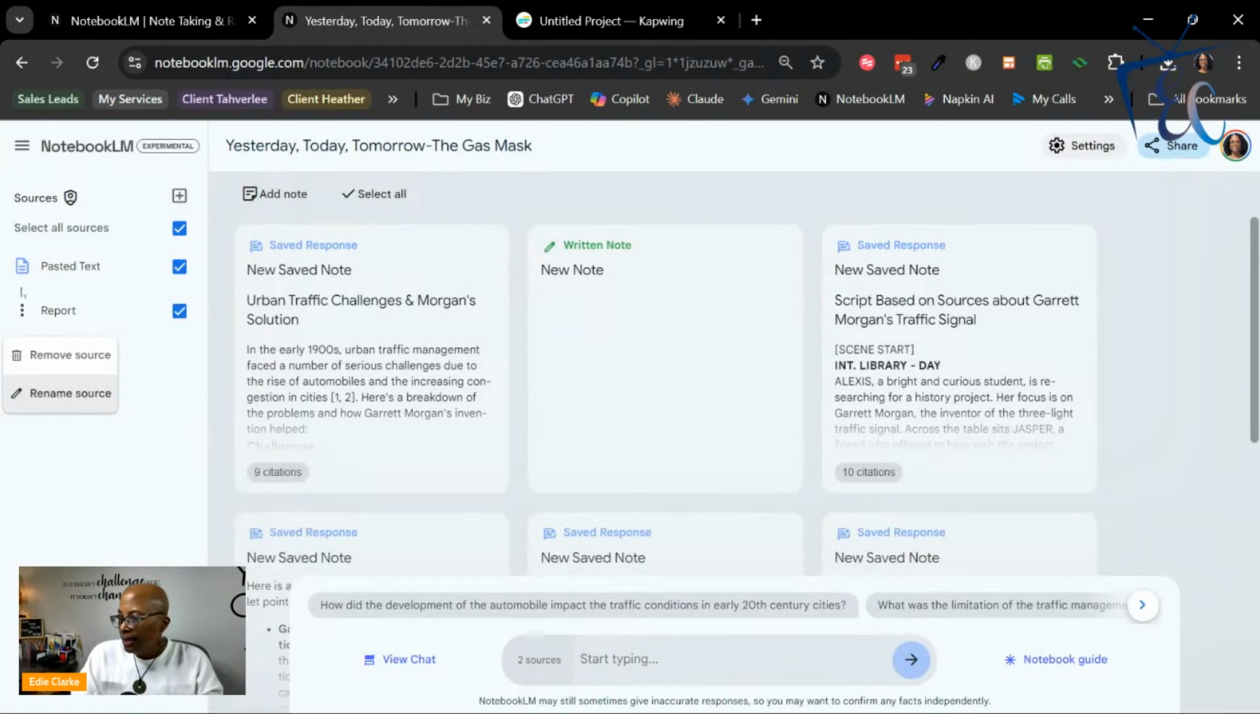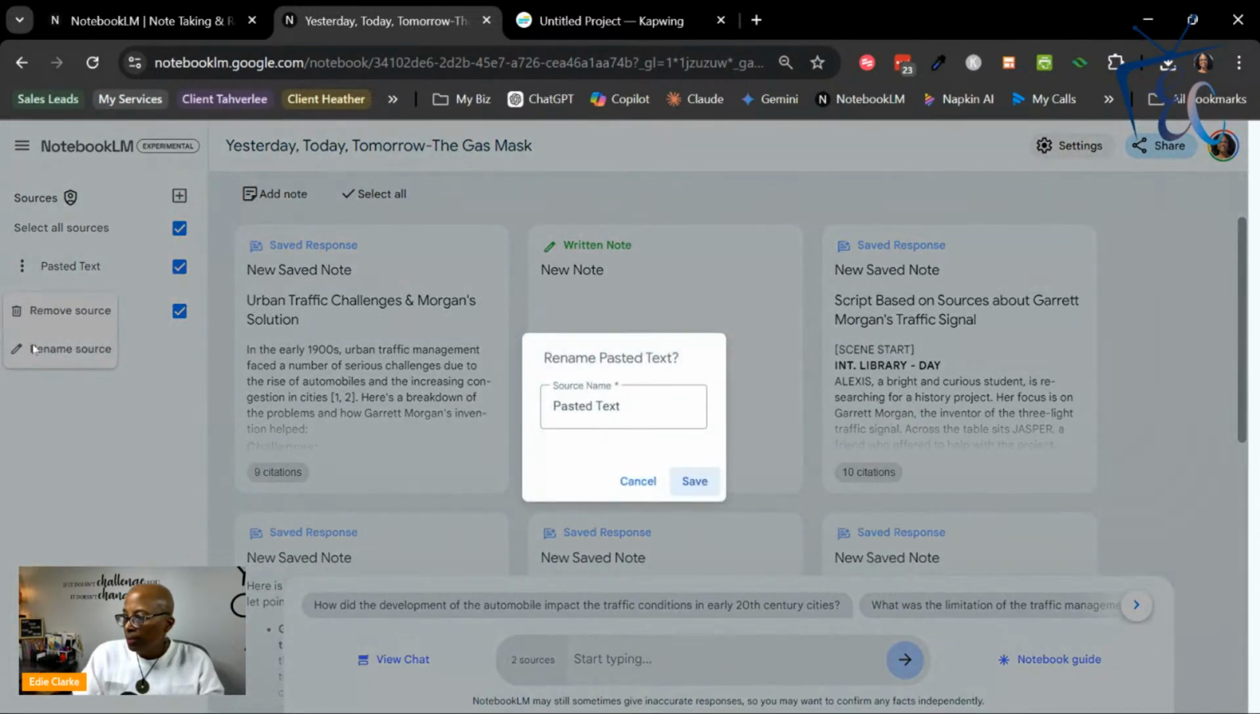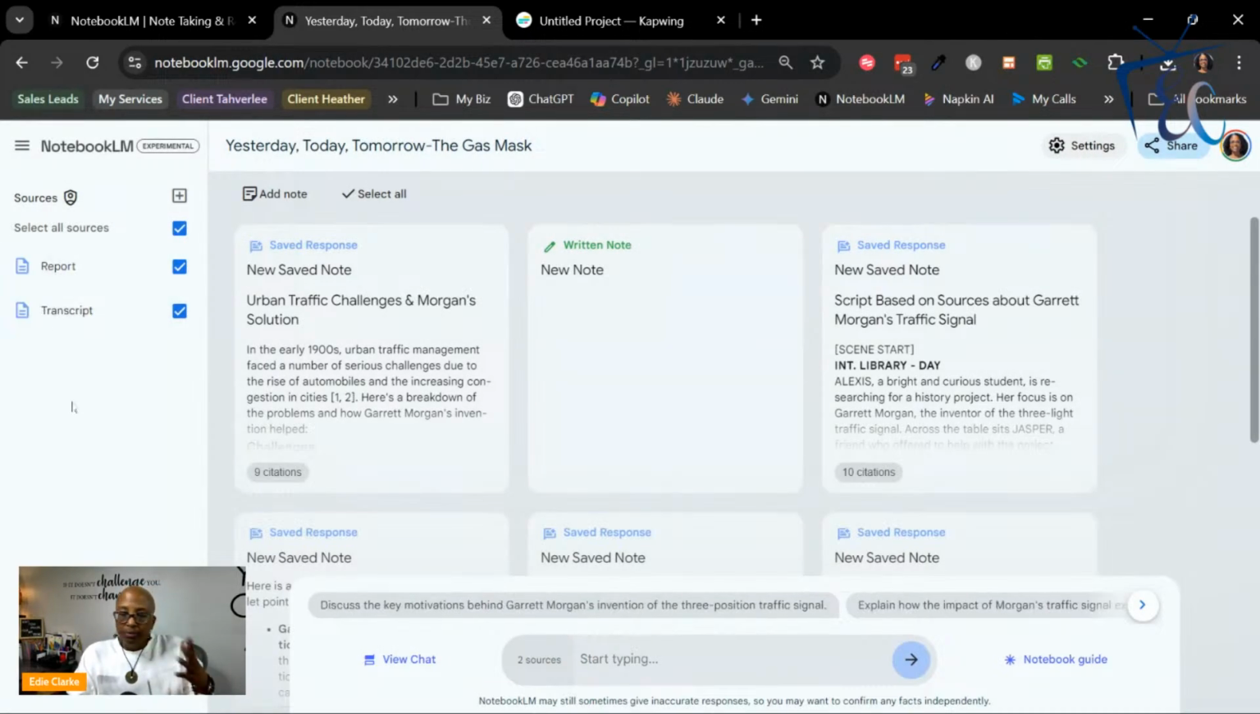And then I think this other one was a transcript. So I would, like I said, whatever the name of your source is, make sure that you're putting that in. If it's checked, then whatever you type in here in the chat is where it's going to be pulling the